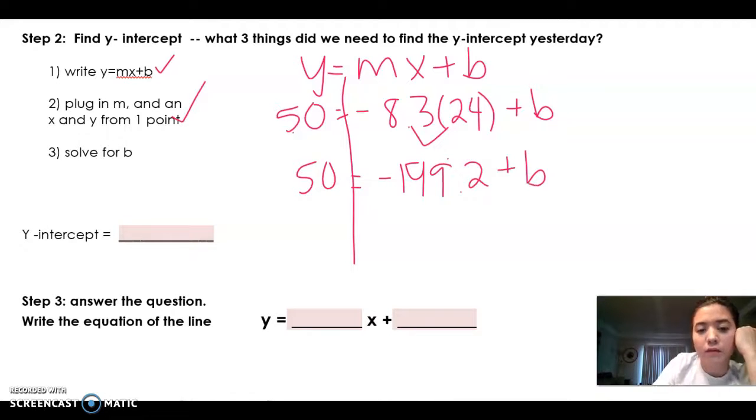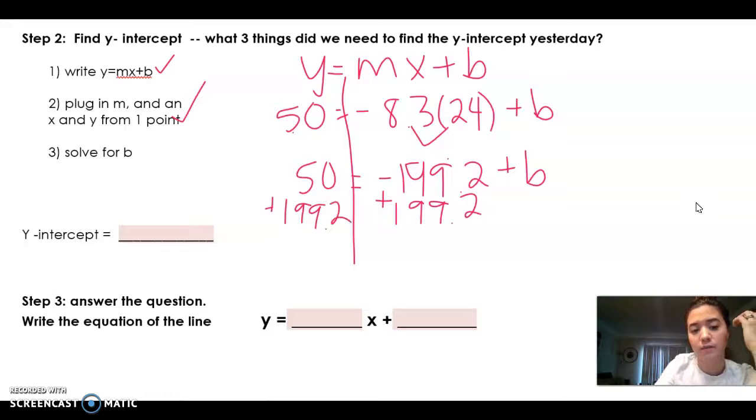Plus b. And then remember, the end game here is to get b by itself. The end game for this step is finding our b value, so we know our y-intercept. So I need to move that 199.2 to the other side. Right now it's negative, so I'm going to add it over to the other side. Those cancel, and we have b equals,